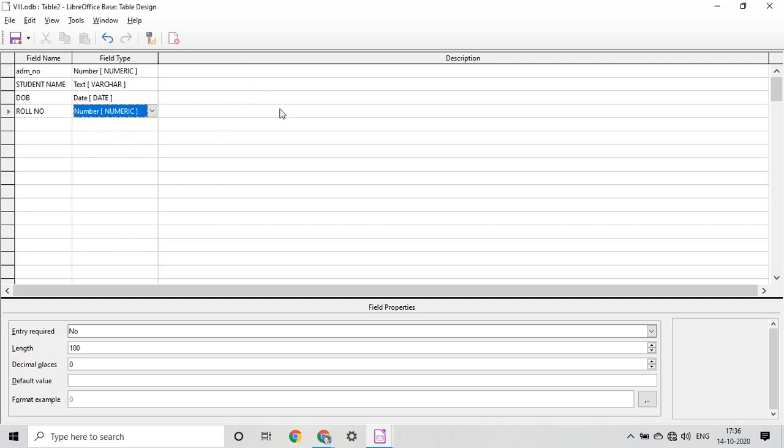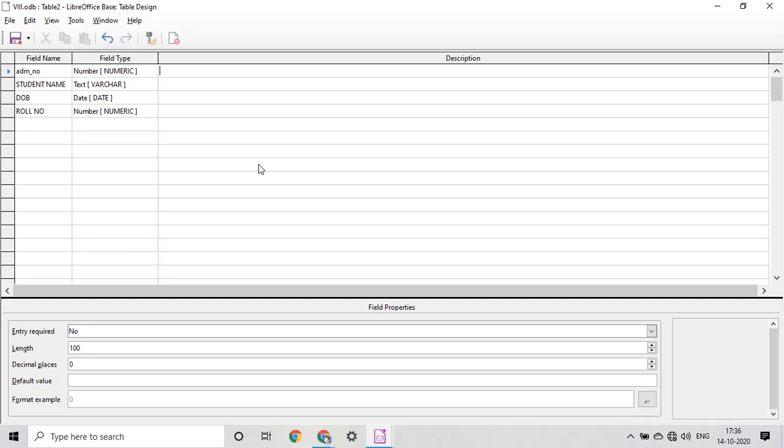Now this is the description area where you can write the description regarding this field. It means we have to add admission number in this field, we have to write the name of the student, we have to fill the date of birth of the student, like this. This is for description.